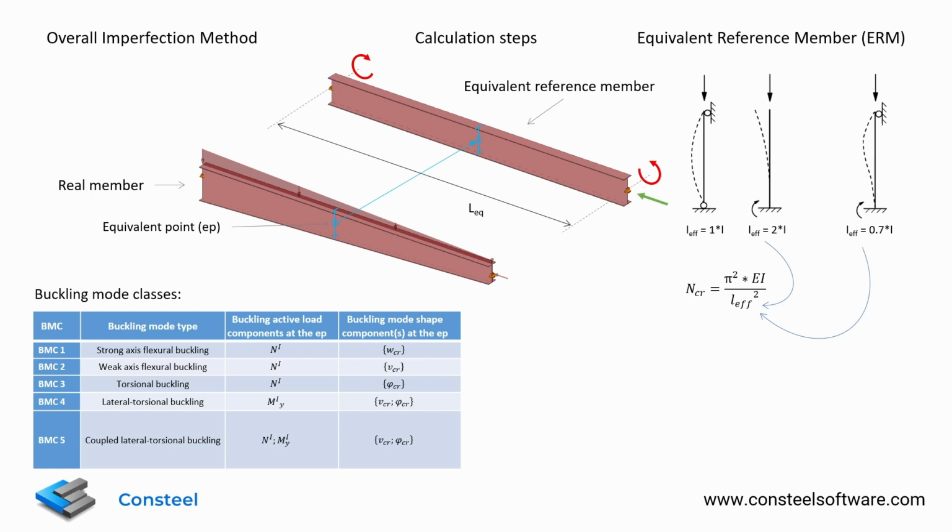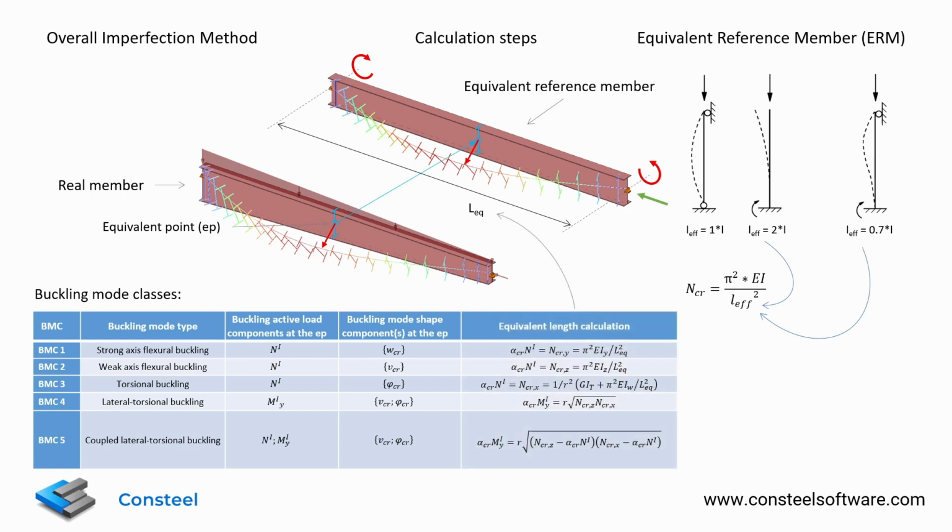Knowing the cross-section and the load effect of the reference member, we have to figure out an equivalent length that will ensure the same buckling deformation at the equivalent point. The equivalent length is calculated based on the equation of the elastic critical load for the selected buckling mode on the real member and the analytical formula for the critical buckling load on the equivalent reference member according to the